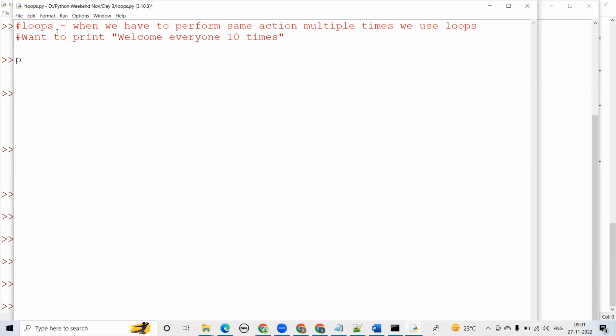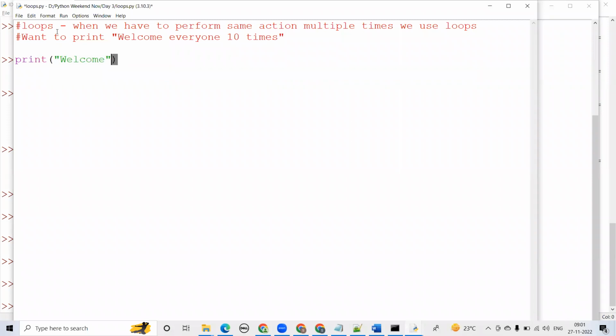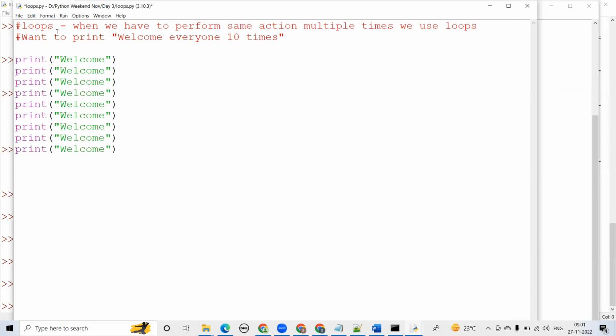Then how are we going to do it? We are going to type print welcome. This we have to repeat 10 times. 1, 2, 3, 4, 5, 6, 7, 8, 9, 10. Okay. If I run this,